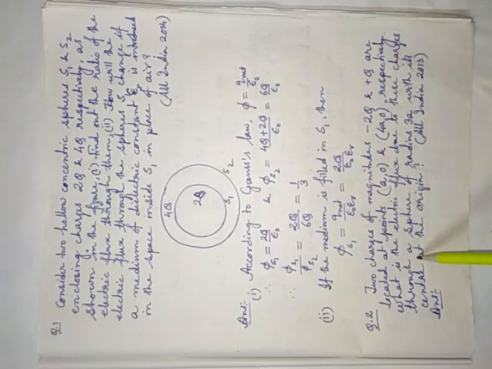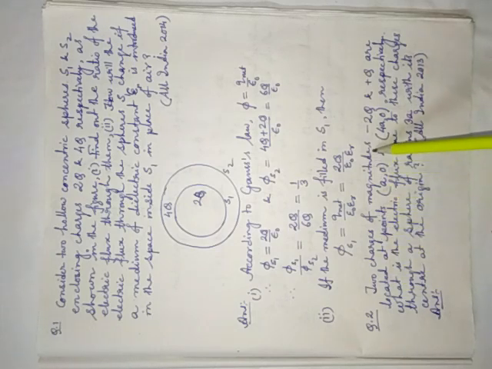Okay, another question. It has come in the CBSE board exam, but it will be helpful for NEET exam or any other board exam. Two charges of magnitude minus twice q and plus q are located at points a, 0 and 4a, 0; the coordinates are given. Here x equals a and y equals 0, and here x equals 4a and y equals 0. That means minus twice q charge is located at a, 0 and plus q charge is located at 4a, 0 respectively. What is the electric flux due to these charges?